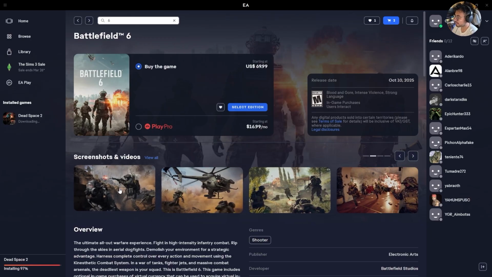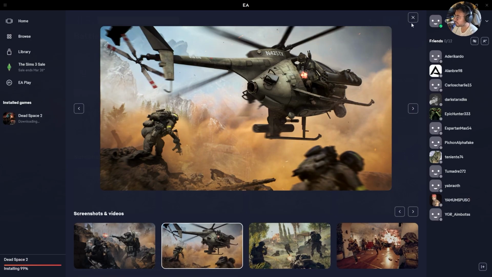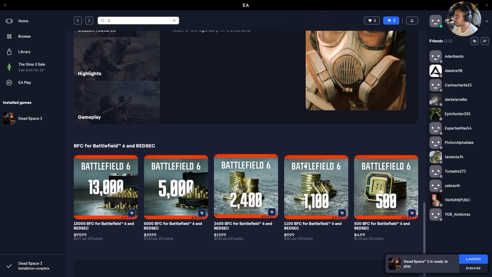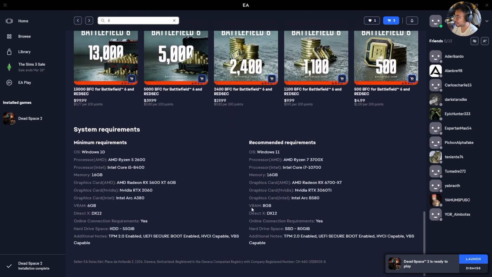Here, you'll find several videos and also some photographs. We can see a bit about how the game is, its description, and all the languages it supports. Here we have more options. For example, the system requirements, which are at the bottom, how much RAM it needs, how much storage space it